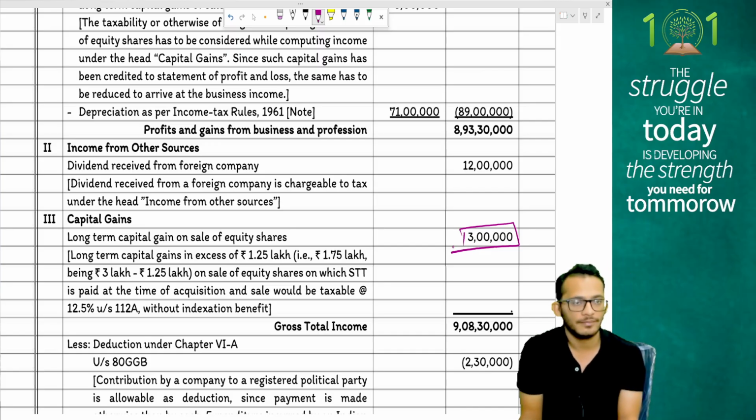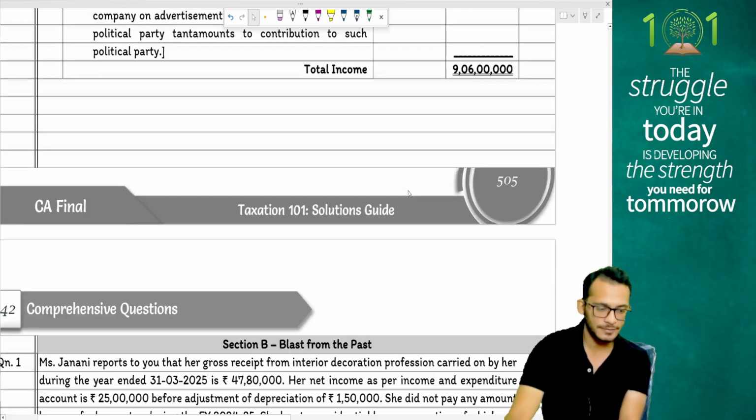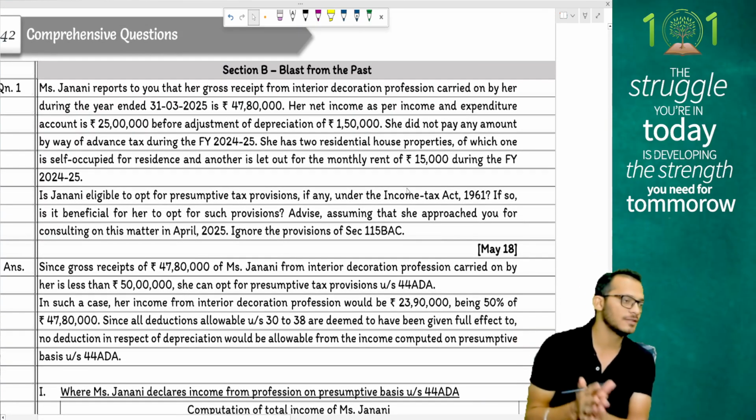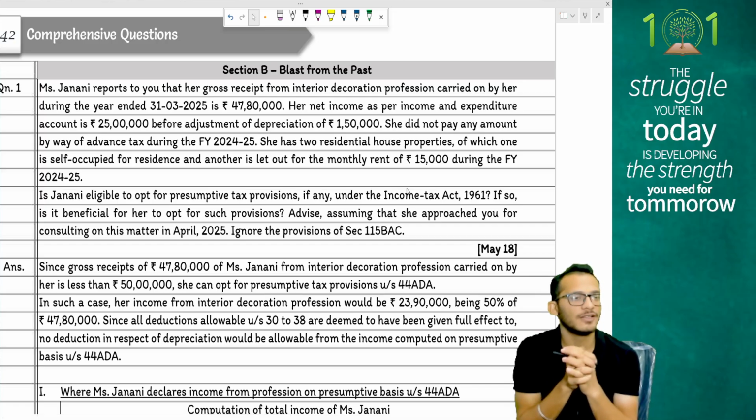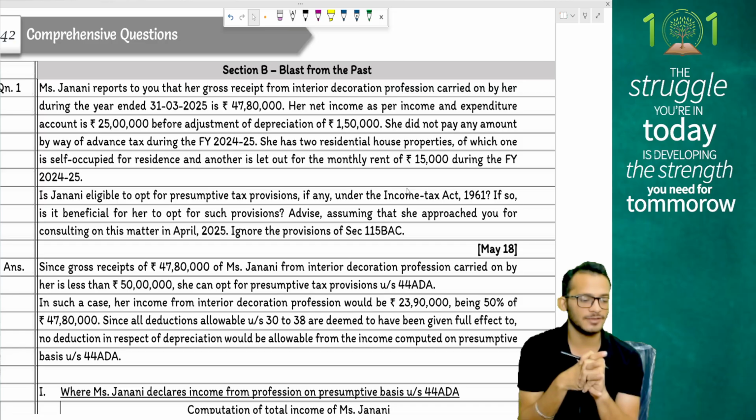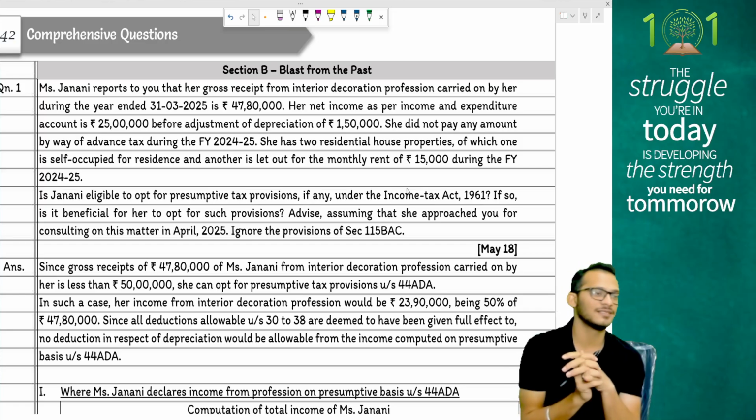It is an important adjustment for you to go through before your exams. Focus on the provisions. This is the question which was there in the study material, but those are all the easy pieces. Let's talk about questions spoken from an exam perspective. My hand-picked questions for you to practice.